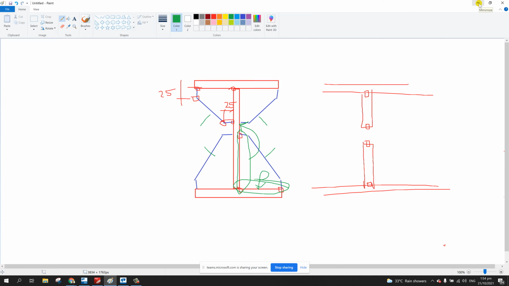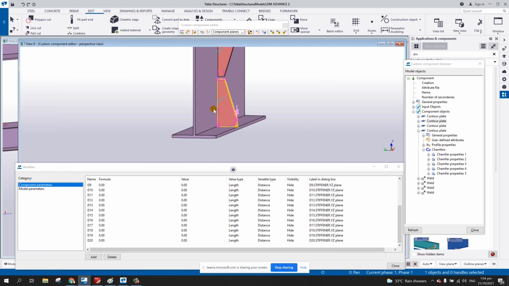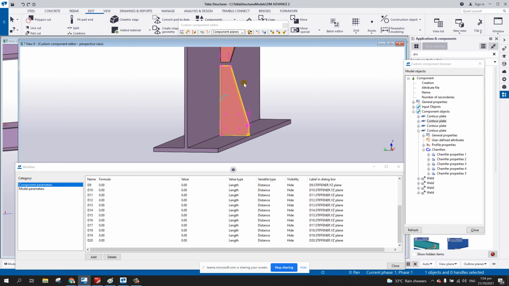No, one by one. Anyway, I'm going to show it to you. I just tell you that this is what we're going to do. I'm going to show it to you, and then after that, you do it on your computer. Okay? Okay. So first is select the change this one to outline plane, and then select this